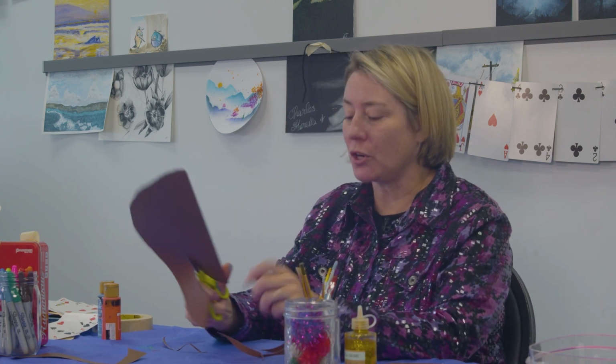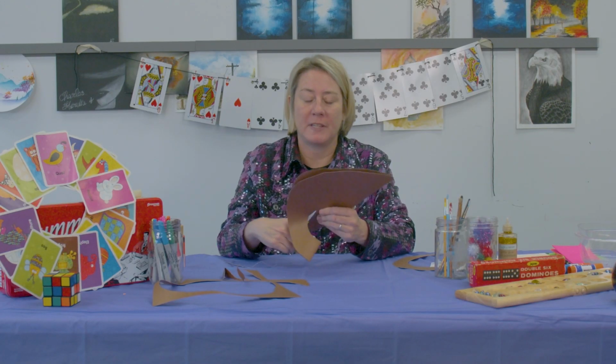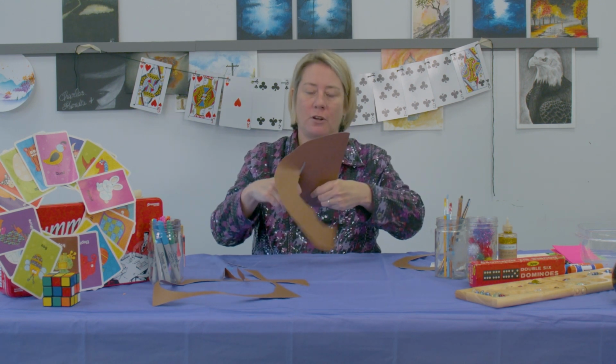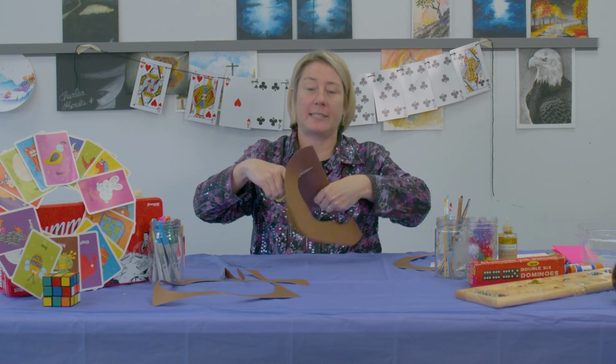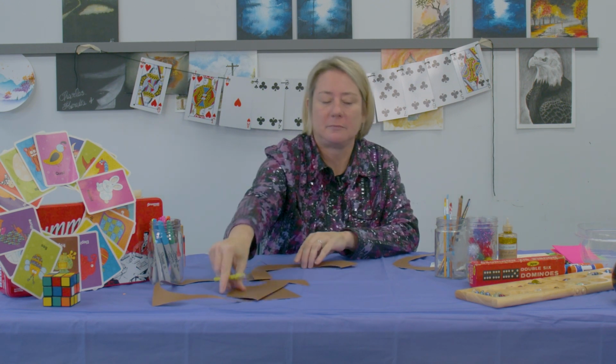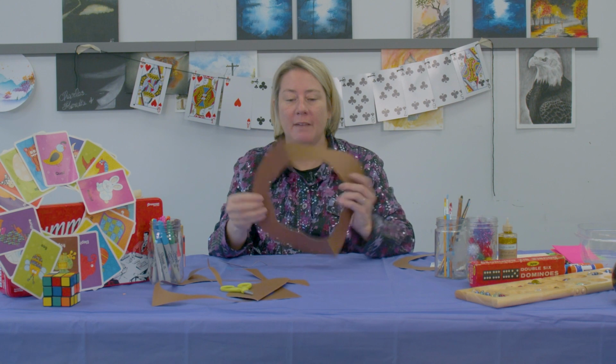Again, the cards are really what makes the wreath take shape. So however this looks is fine. You just need to make sure there's some space in it so that it takes the shape of a wreath. All right. So once we have this complete,